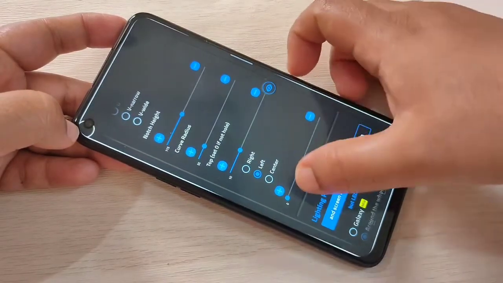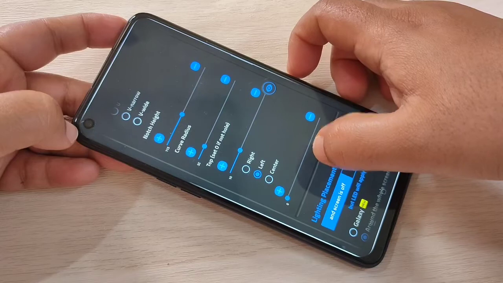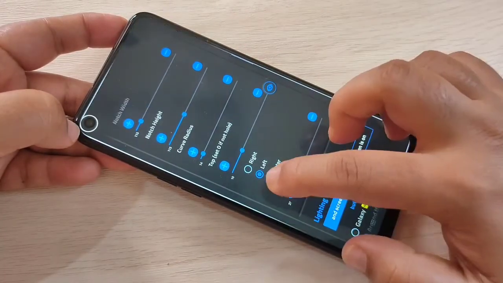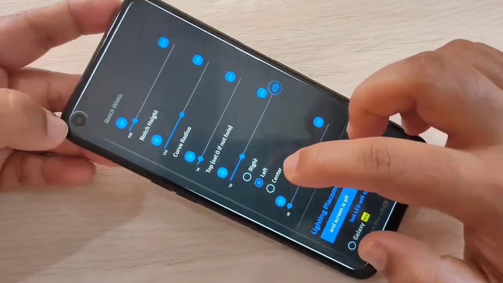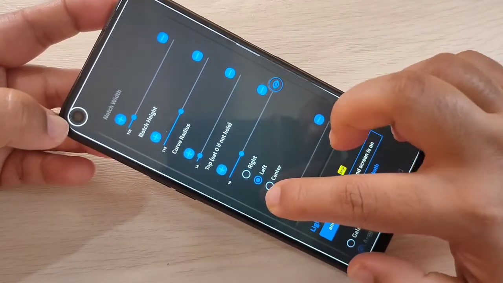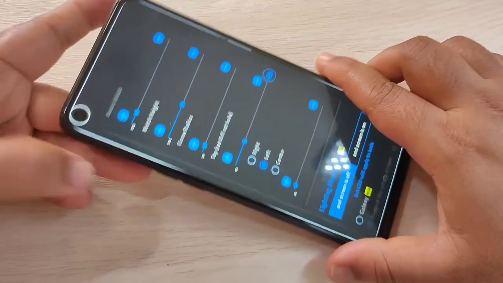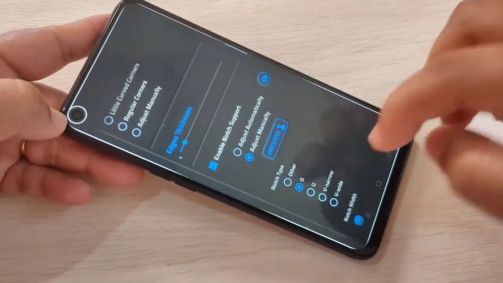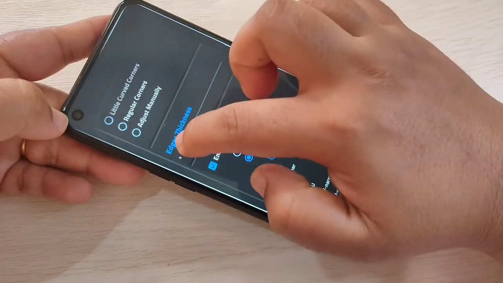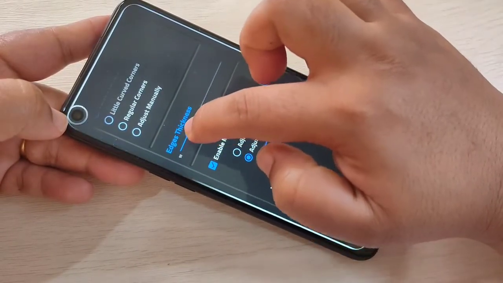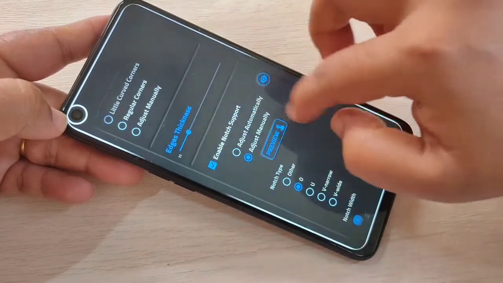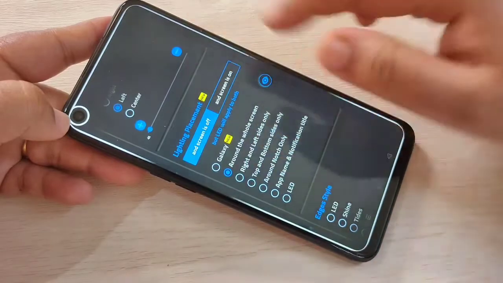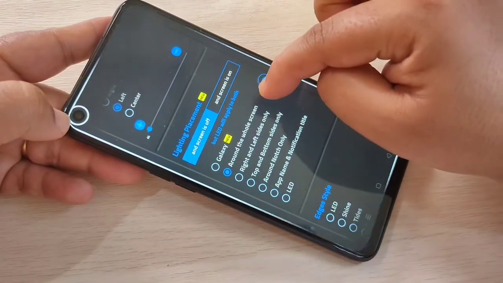Here you can adjust the placement of this notification light. I will show you. You can adjust the placement. If you want to change the thickness of this light, then go up and here you can see the option edge thickness. You can increase the thickness of this light. Then scroll down. If you want to see the notification light around the screen, then select the option around the whole screen.